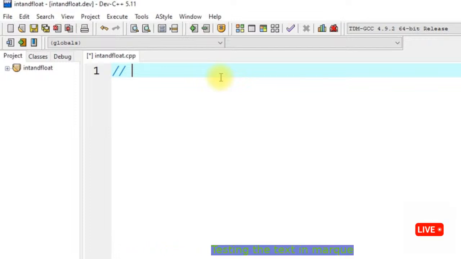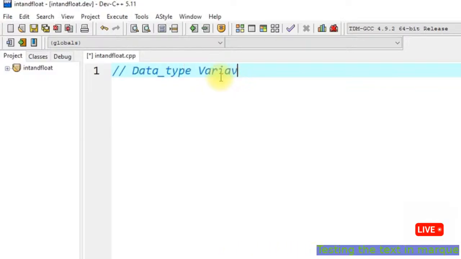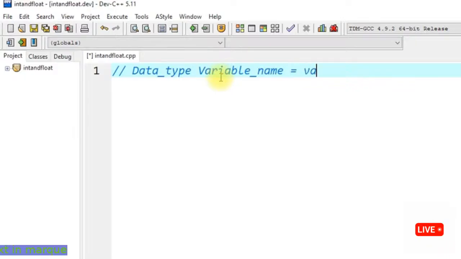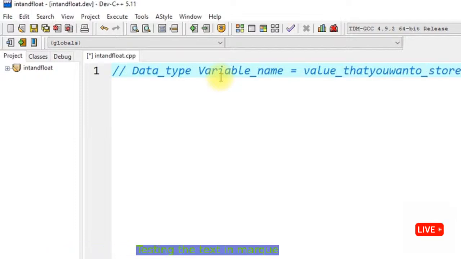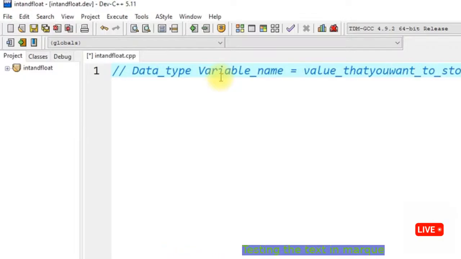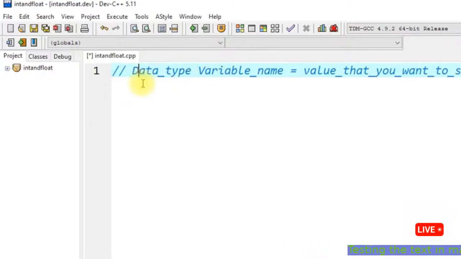The general syntax can be: you have your data type and then you have a variable name, and if you are assigning the value at the time of declaring the variable, it will turn out something like is equal to the value that you want to store. Let me add some underscores to make it more clear. So this will be the general syntax. Firstly, we'll write the data type of the variable that we're trying to